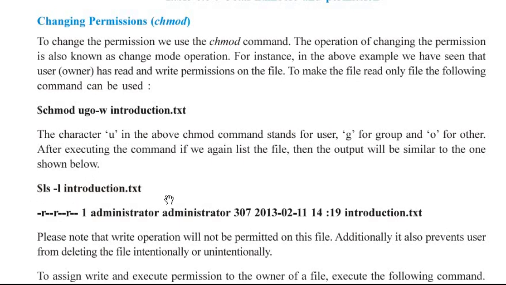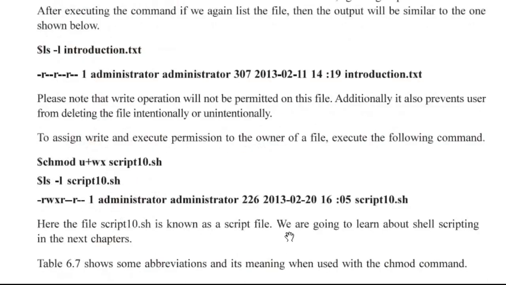ls -l introduction.txt, then -r--r--r--, and this is the name of the administrator, and then this thing. Please note that write operation will not be permitted on this file. Additionally, it also prevents the user from deleting the file intentionally or unintentionally. To assign write and execute permission to the owner of a file, execute the following command: